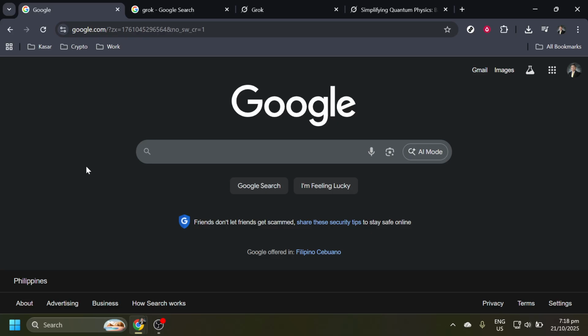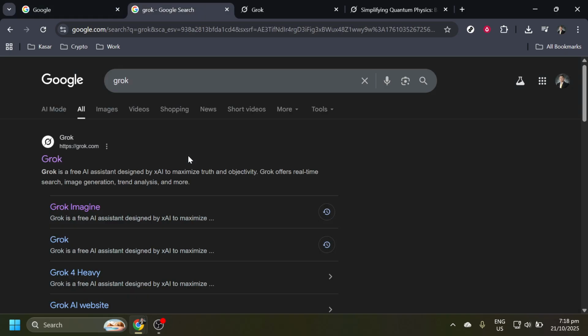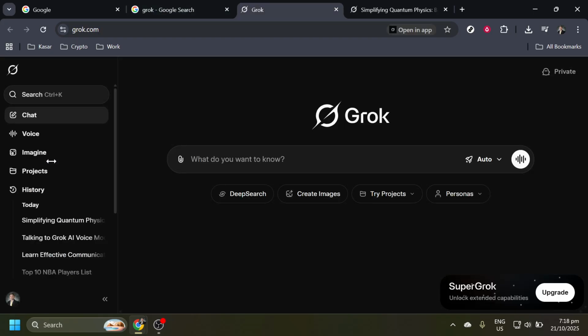Now, in the Google search bar, type GROK and hit the Enter key. This is a crucial step because it leads you directly to the platform where you'll find all the amazing features of GROK AI. Once the search results appear, the next thing you should look for is the official GROK website. It's usually one of the top search results you'll see, and clicking on it will take you directly to GROK's